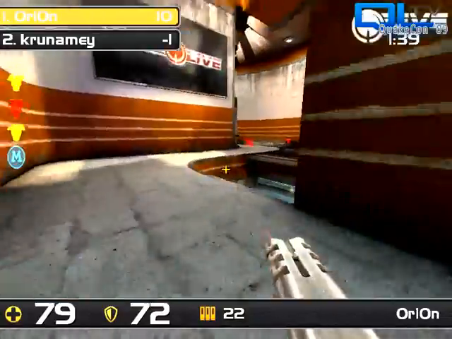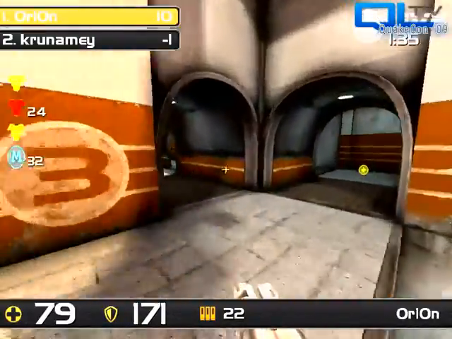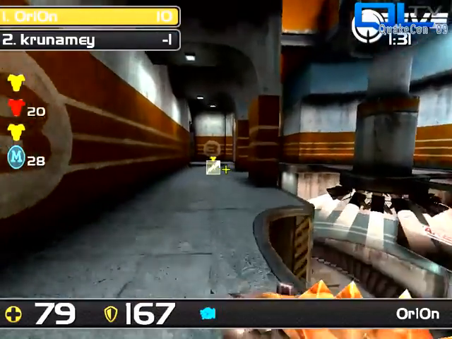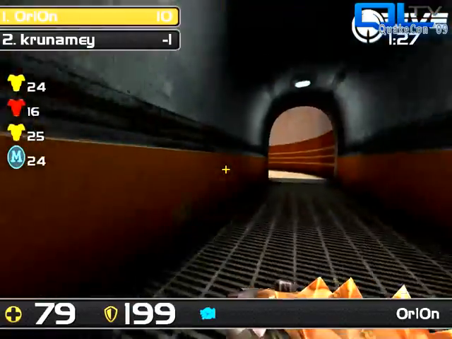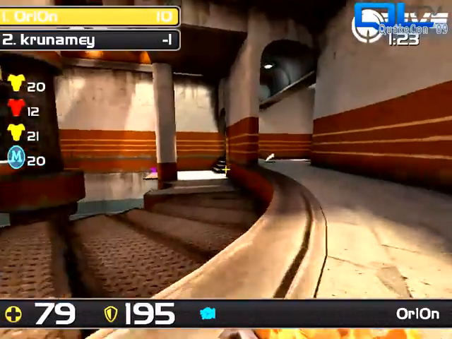And again, great weapon choices by Orion. He started out and realized that his long-range rockets were really only connecting half the time, and he said, okay, let me close the gap, switch to the shotgun. There you go. And use it to get my 10th frag. I think this is definitely somebody that we're going to be seeing a lot more play